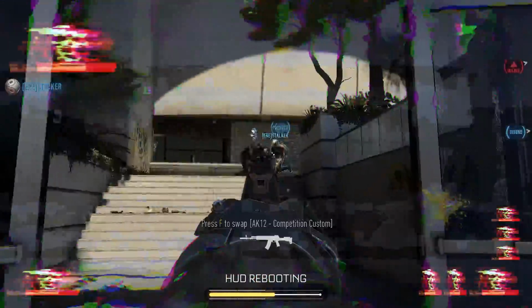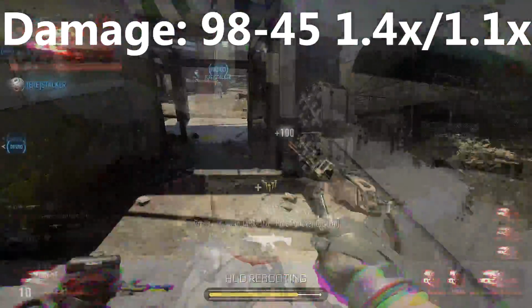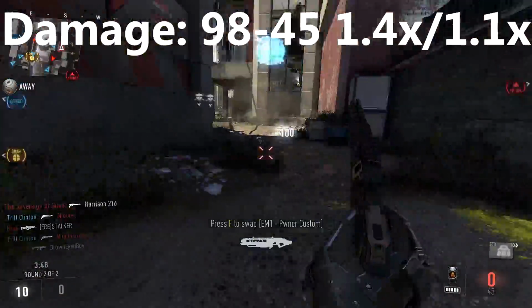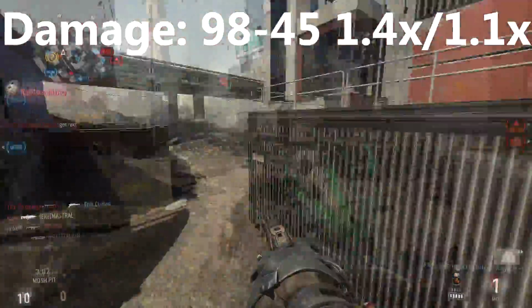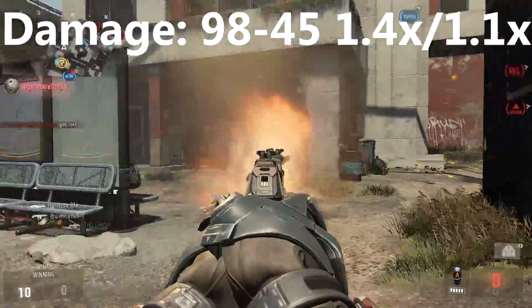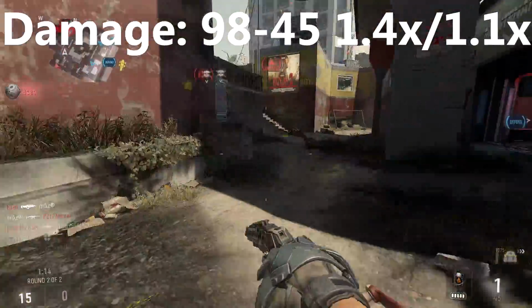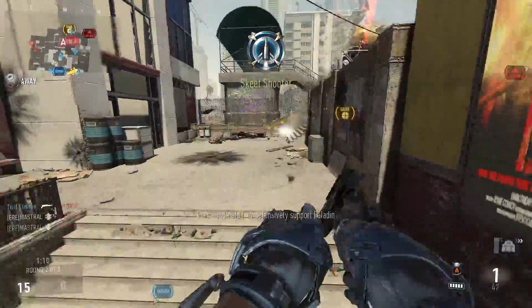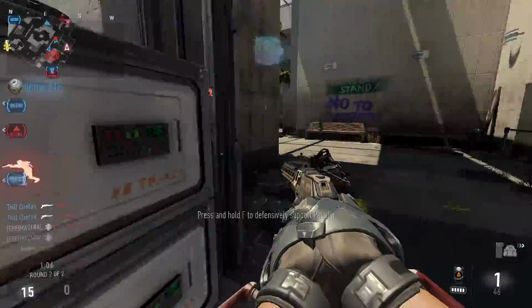Now, the damage of the RW1 is 98 to 45. Now, that may seem odd because how is it getting 98 damage and getting one-shot kills? Because it has damage multipliers, just like the sniper rifles. It has a 1.4 multiplier to the head, neck, and upper torso, and then a 1.1 multiplier to the lower torso, meaning that at close range, at that maximum damage, you will be getting one-shot kills pretty much everywhere except